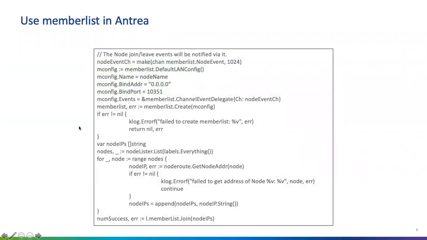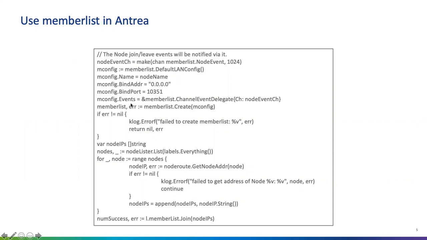It is pretty simple; the memberlist library is quite reusable. We just need to construct a default configuration, and we could tune the configuration, like the frequency of health check, in this config, and we just need to set our own port that will be used for the data plane communication,